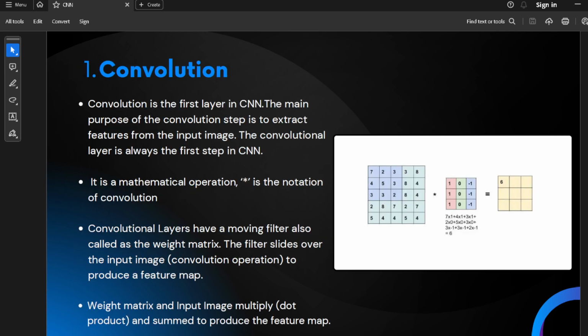Convolution layer is the core of the CNN. It extracts features from the images using the filter. Actually, it is a mathematical operation which is denoted by a star. In this layer, we move the filter across the images, which is the convolution operation, to get the feature map. The early convolution layers extract more general or primitive features from the images, such as edges. As you go deeper in this network, you get more complex features. Let's understand this concept with the demo.